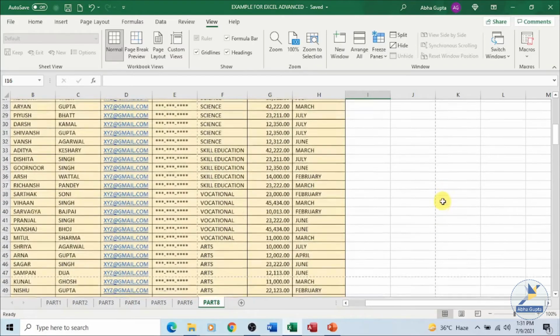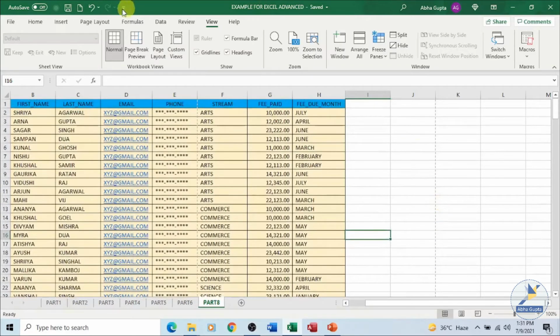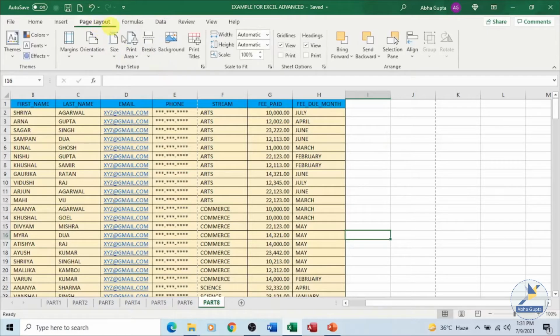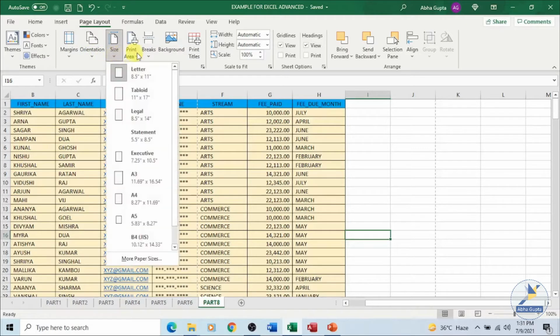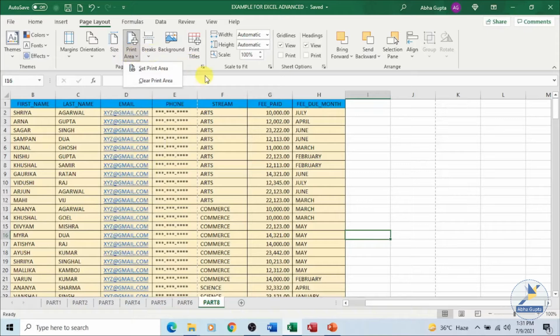The various settings which are available, you can make when you are taking a printout. You can go to page layout over here. In your page layout tab, under your page setup, you have all these options. You can set the margin, you can change the orientation either to landscape or portrait. You can set a page size for yourself. You can specify a print area, that this is the portion which will be printed every time. If I want, I can make a selection over here and add it as a print area. You can apply breaks, you can remove breaks.